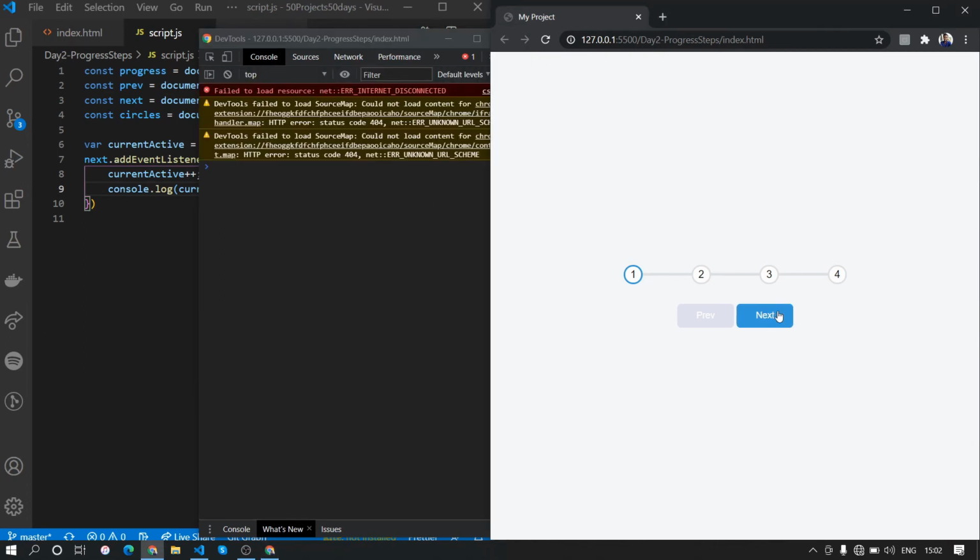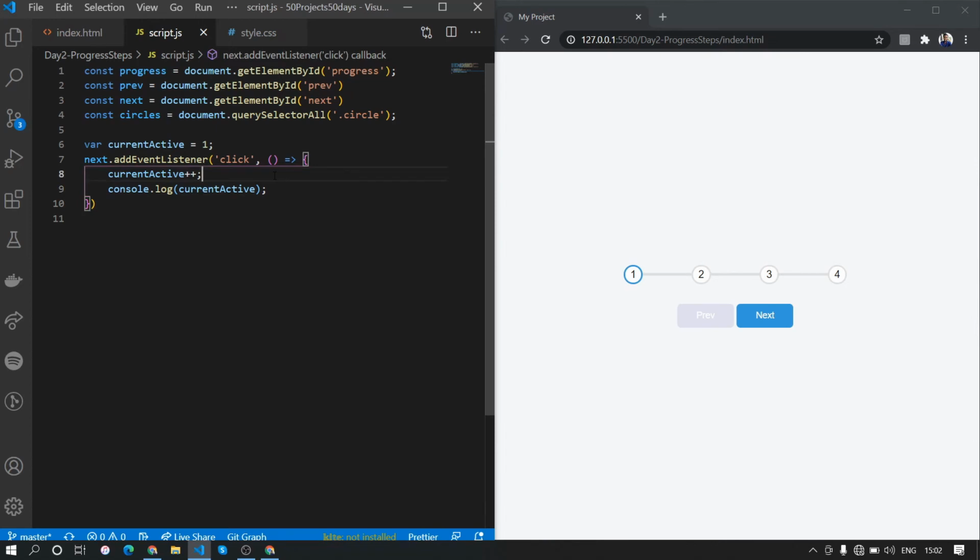So when we click next, 2, 3, 4, 5, 6. So we want to limit that to a particular value. So what we'll do is a conditional check. So if currentActive is greater than